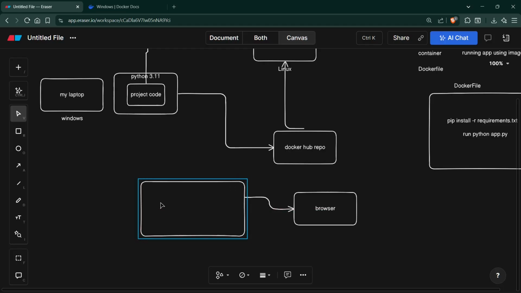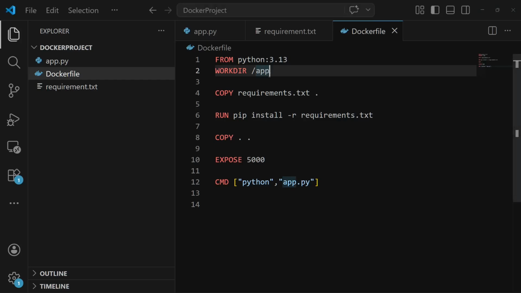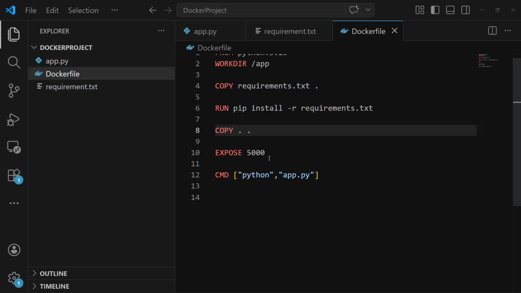First we are creating a folder named app. Then we are copying this requirements file inside that. Then we are installing the requirements inside that container. After installing, we are copying all the files from this folder and pasting them inside that container.